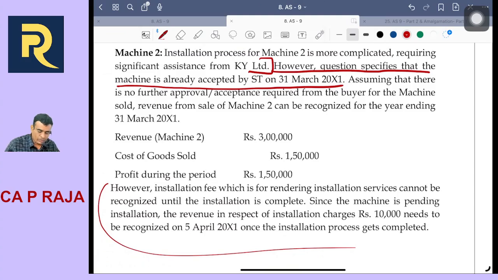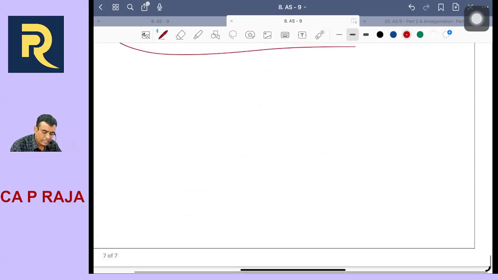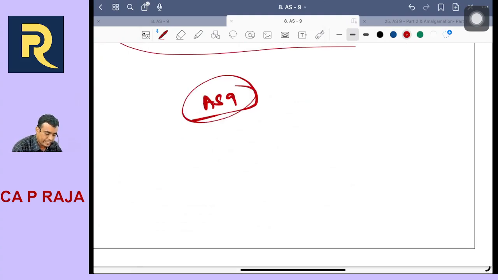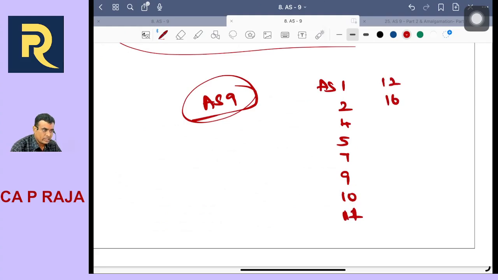Completed. So with this we have successfully completed this standard. AS 9 is over. AS 9 is over. So now AS 1, 2, 4, 5, 7, 9, 10, 11, 12, 16,